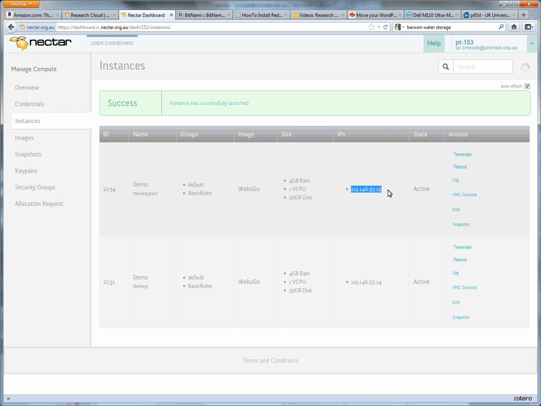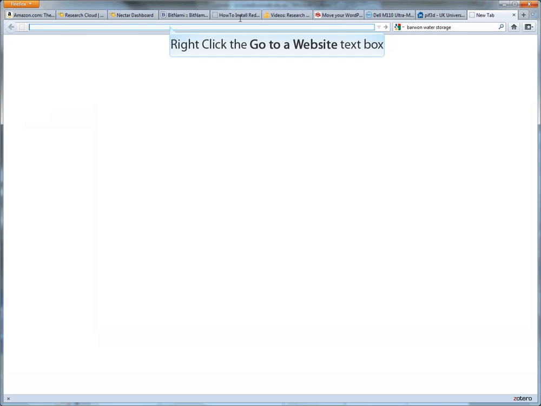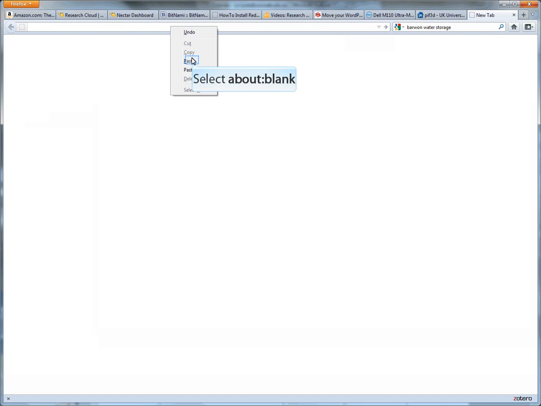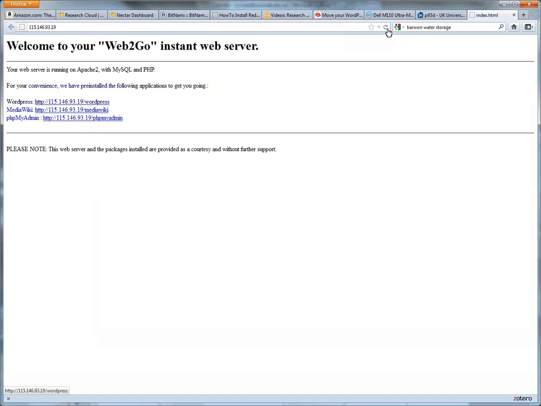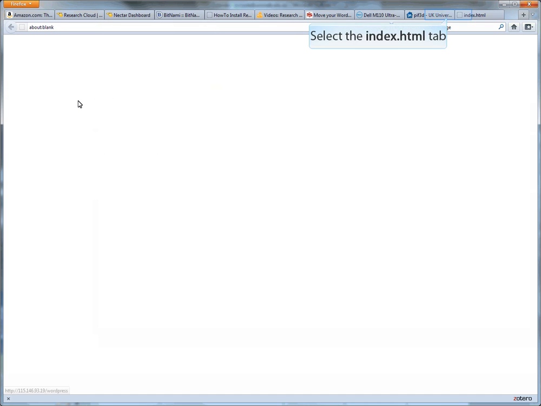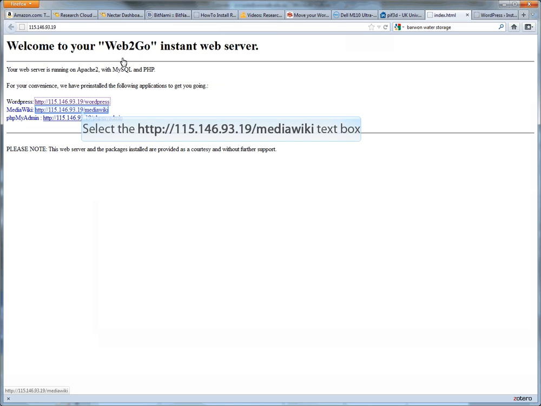We can copy that IP into the clipboard, and then we can start a new tab and paste the IP in. That comes up when the machine hasn't completed starting, but if I hit refresh it will start. It's fairly soon. I just jumped in a little bit too quickly there. And I can click on WordPress and it'll let me set up a WordPress site or a MediaWiki site,